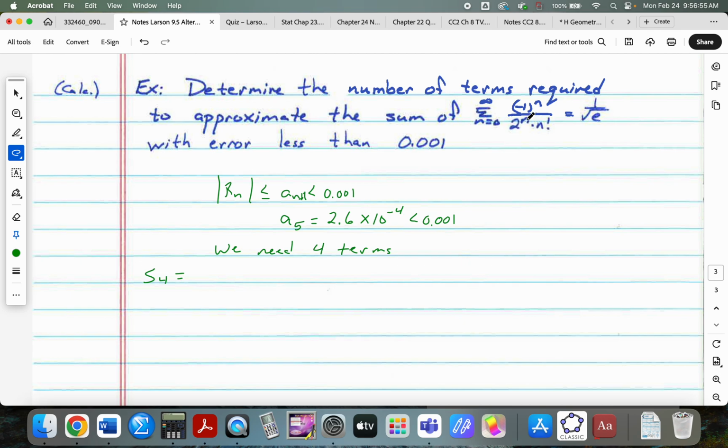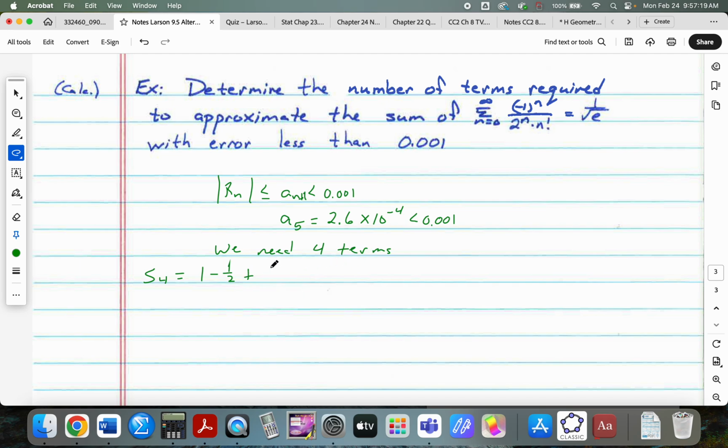I was right to start with. 2 to the 0 is 1, and 0 factorial by definition is 1. I know it feels like it ought to be 0, but it's not. So that's 1 minus, that's going to be a half